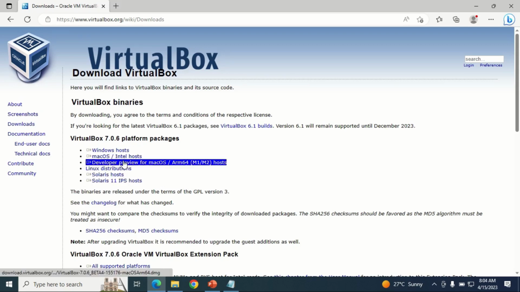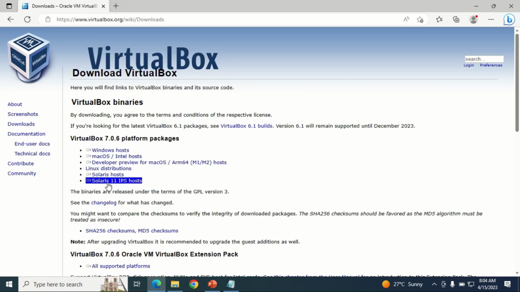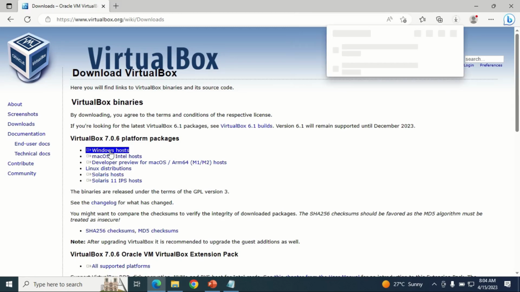So you choose your host. If you want to install VirtualBox on a Windows laptop, you choose Windows host. If it is Mac or a Linux distribution, or you're using Solaris, you choose that one. Let's say you want to install on Windows, so you click on the Windows host, and the download starts here. I'm going to stop it because I already have